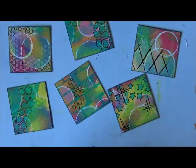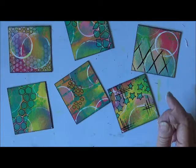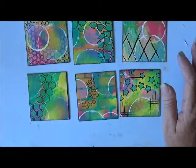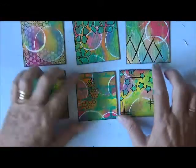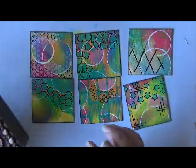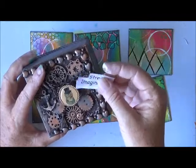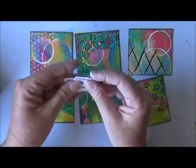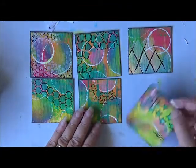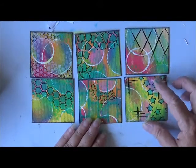Okay, so what I want to do now is I'm going to have a look for my little words, and I'm going to put a little word on there. But from here, you could add anything on them that you really wanted to. Oh, pardon me. So they all look really cool. Alright, so I'm going to have a look for my words and I'll be right back. So I went through my little word box and I picked out a few of the words that I downloaded from Gina Arendt's, and I'm going to use those. But before I do that, I'm just thinking I'm going to put them up the way that I want them,